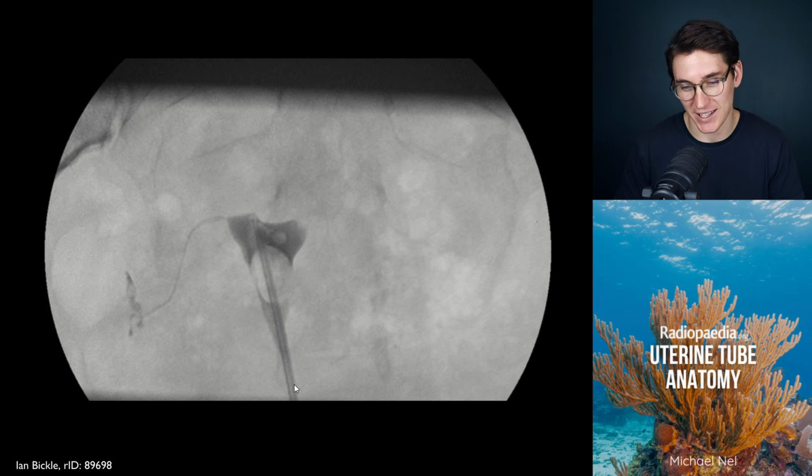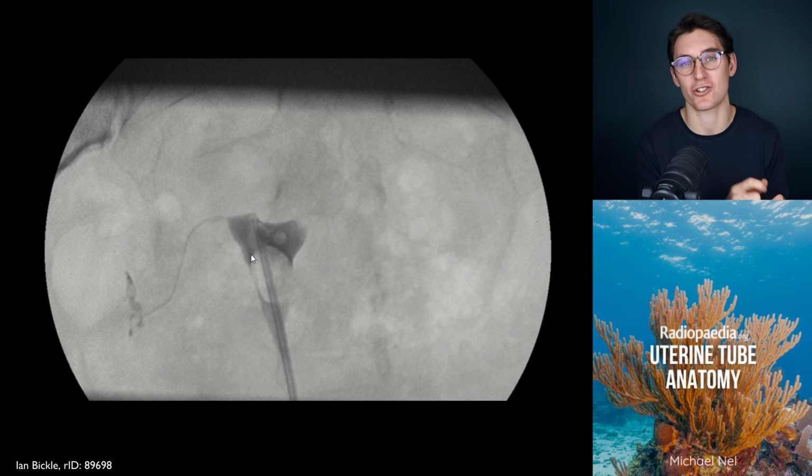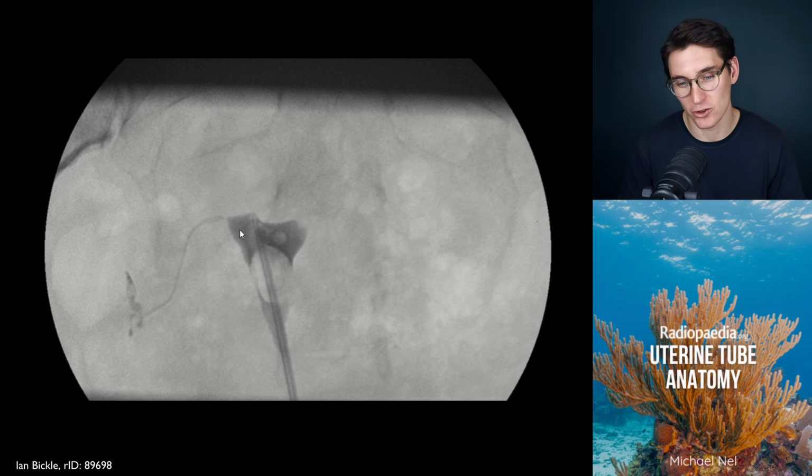We've got the catheter. You can see the balloon is blown up here. Contrast is going to be passed through this catheter. It's important to remember that that catheter is primed with contrast first, so we're not injecting air bubbles into the uterine cavity. We want only contrast going in. Notice how contrast is filling the uterine tube on the right, and you can see how thin the lumen of